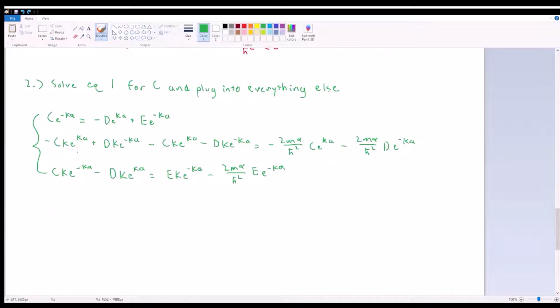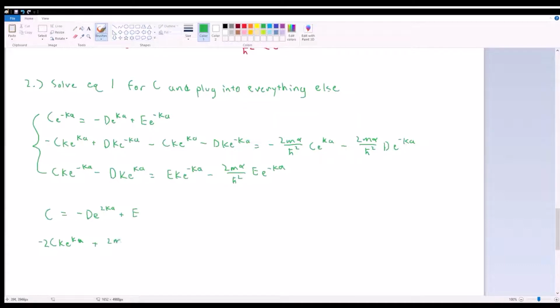Okay, so we're going to multiply both sides by e to the positive K A, so it's going to be C is equal to negative D e to the 2K A plus E. So this is equation 1. Next, let's move all the C's to one side and all the D's to the other side for equation 2. So negative C K e to the K A minus, in fact, we can just combine these two terms and say this is going to be negative 2 C K e to the K A